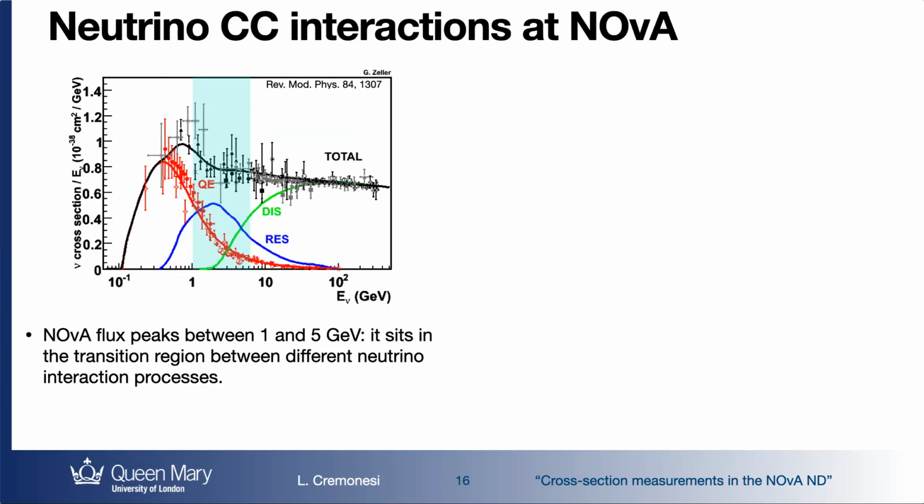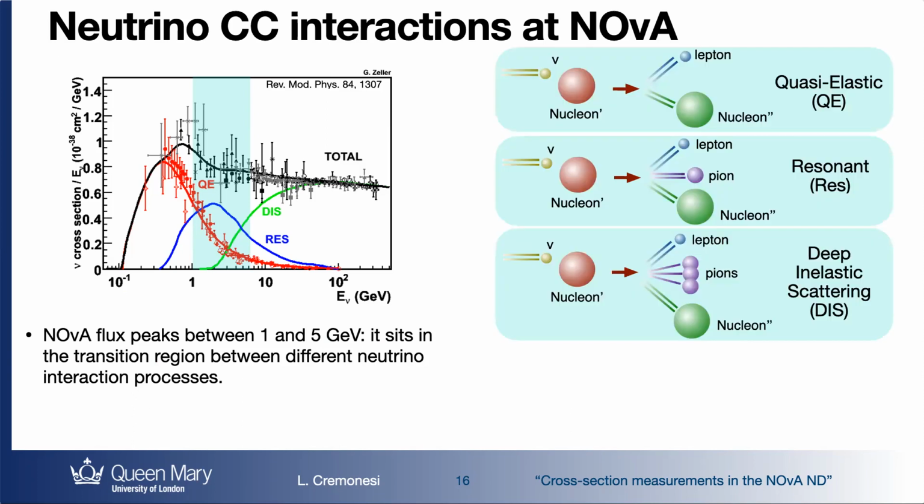So what type of interactions do we see at the NOvA detectors, and what type of interactions are we measuring in these analyses? These interactions are called charged current, and they're called charged current because there is a W boson exchange in which, from the neutrino, we have the production of a charged lepton, which tells us the neutrino flavor. And so a charged current inclusive analysis will look at all the possible charged current interactions that